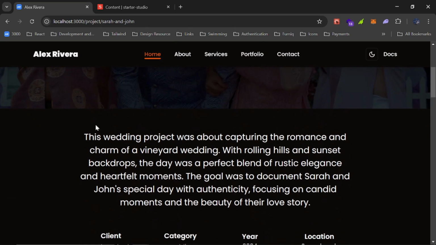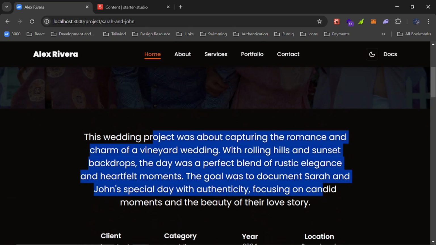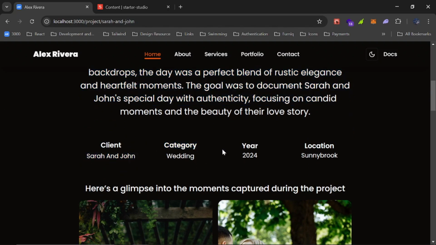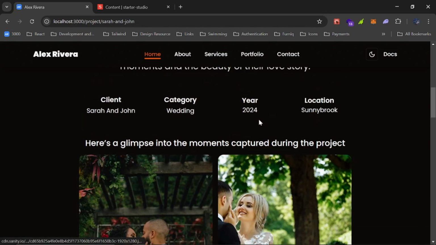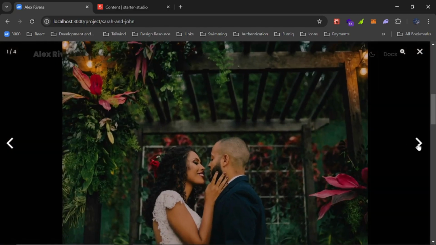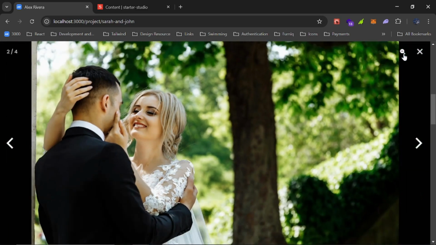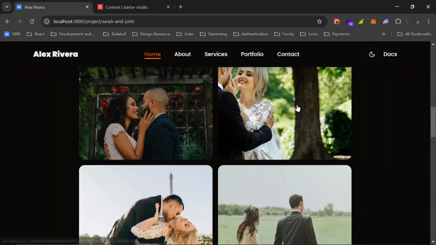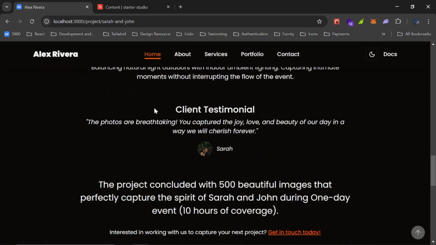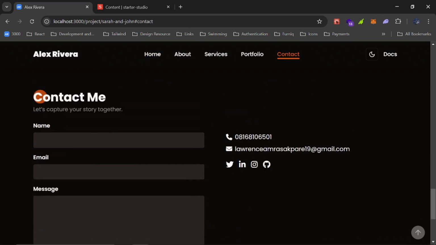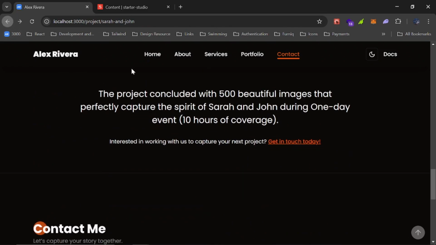So you get a little prelude. Is that what it's called? I think it's called prelude. Then the name of the client, category, wedding, and stuff like that. And you can also see the images for that particular project. You can zoom in as well, zoom out, and close. Then there's some more information, as well as the contact form. So if I go back,